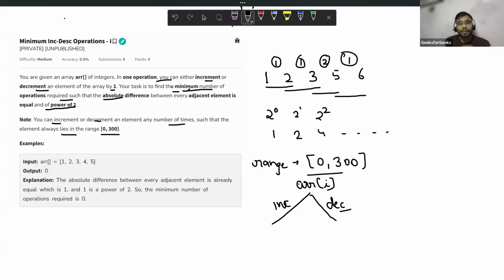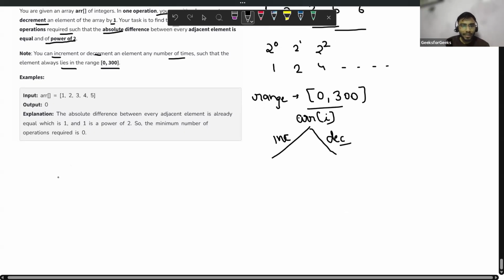I will try to make the absolute difference with every possible value of power of 2, and along with that I can explore every possible value from 0 to 300 for the array element. See what I'm saying?